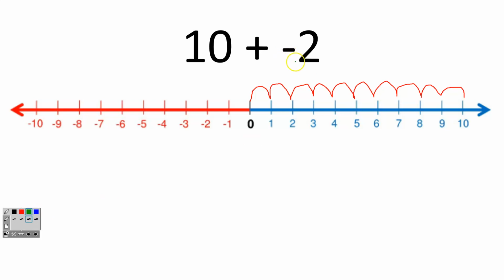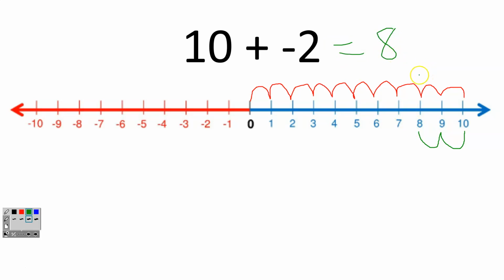And then I'm going to go 2 in the negative direction. Remember, don't go back to 0 and go that way. From where you left off is where you're going to start from now. So -2. So I'm going to go 2 in the negative. 1, 2. And it looks like I ended up at a +8